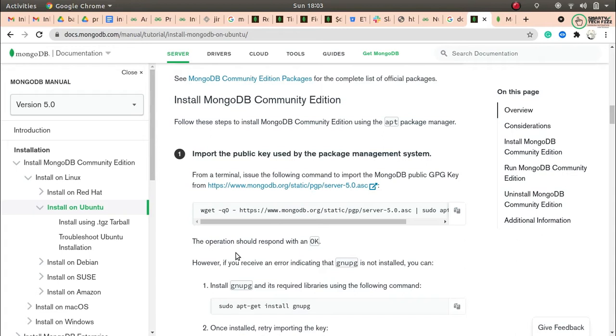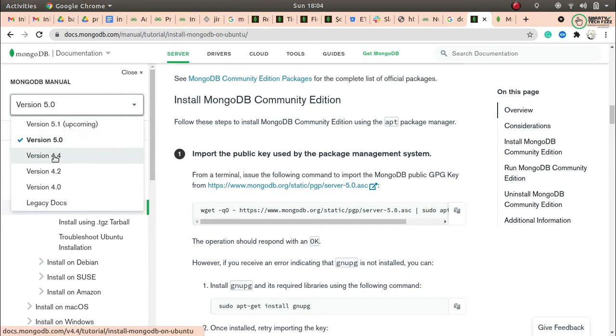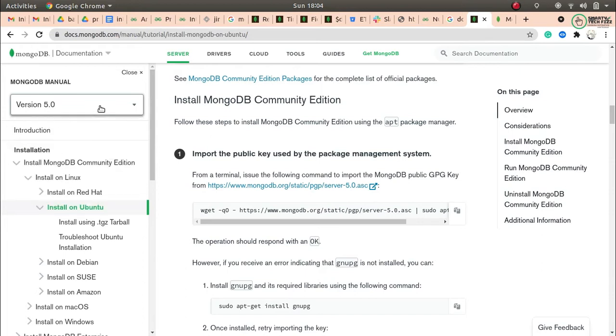But yes, if you're using a previous version and want to upgrade, there are some other steps you have to perform. We will talk about this some time later, but I want to tell you that if you want to upgrade to 5.0, your system must be on 4.4. Say you are using 4.0 and you want to upgrade to 5.0, then you must first upgrade to 4.2, then 4.4, then 5.0. You can't directly upgrade to 5.0 or the newer versions, so you have to upgrade one by one.